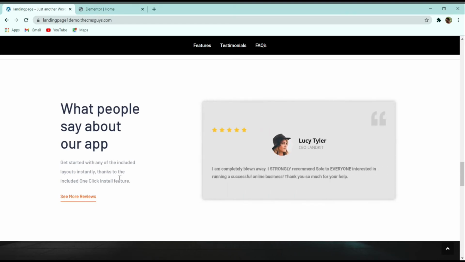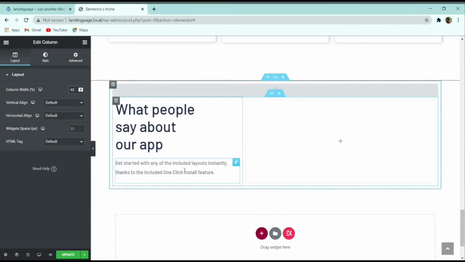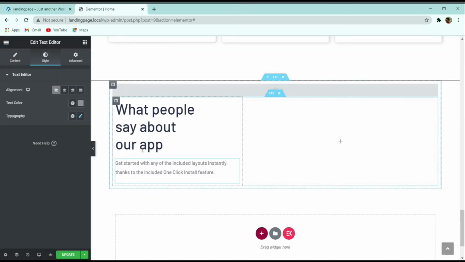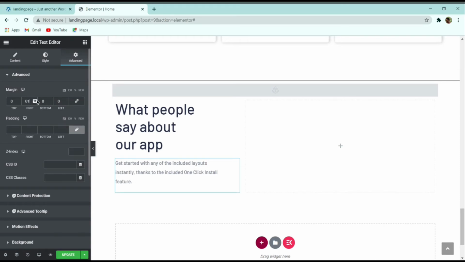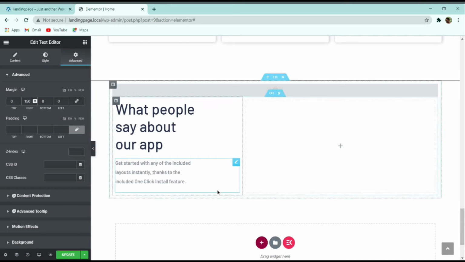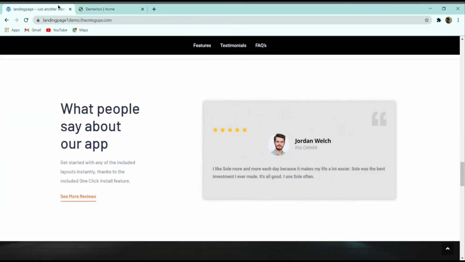After that, you can see that there is a difference in the text. For this one, I will go to the advanced part, and I can give a left margin, or sorry, a right margin to it. Suppose let me give a right margin of 50, or I can increase the margin to 100 also. These margins are completely dependent upon you. Suppose let me give a margin of 150. I think 150 is looking good.